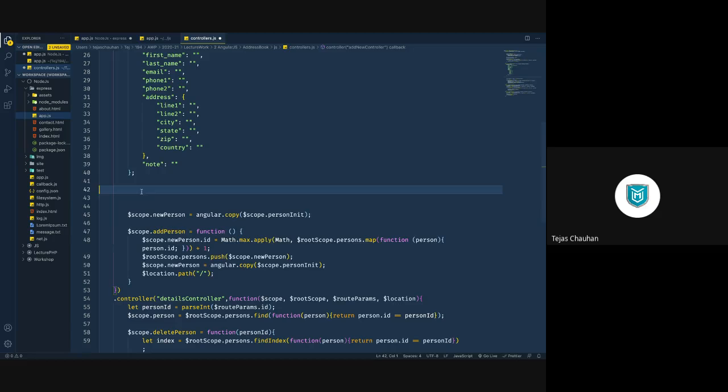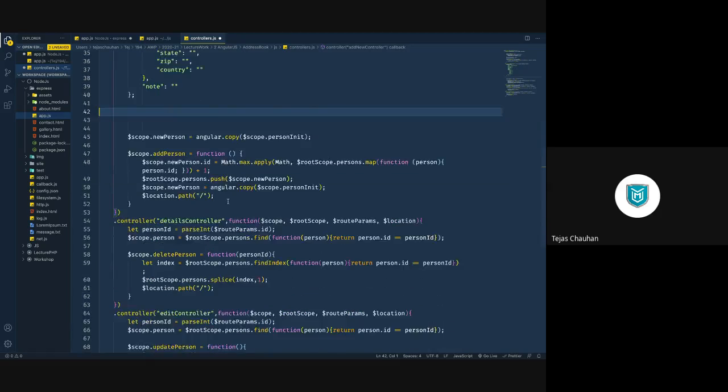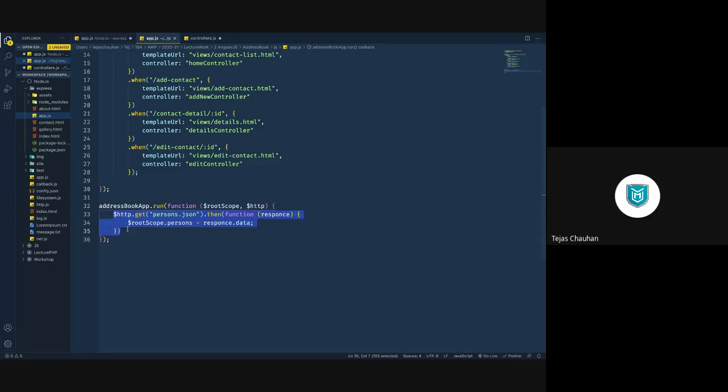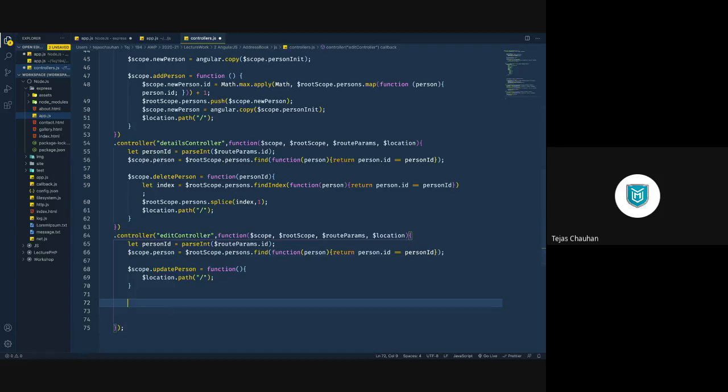So I'm going to make an $http.put request. Now in the details controller, I'm again going to have a GET request. If I'm going for the edit controller, then at this place I'm going to make a patch request to the server. Okay, so what you can do is just like this one, you have to make a patch request.